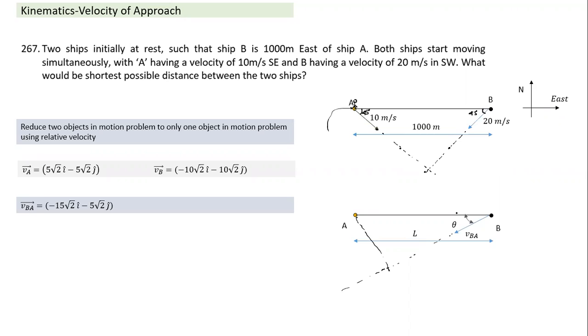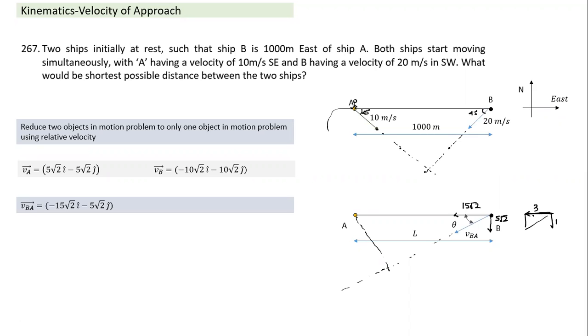If I draw the velocity, this theta here, this term is in terms of magnitude I'm writing. This is downward, the arrow indicates direction, and the x component is 15 by root 2, and the y component is 5 by root 2. So basically, these two sides are in the ratio of 1:3. So this is 1 and this is 3. So tangent theta is 1 by 3, and we are interested in sine theta.